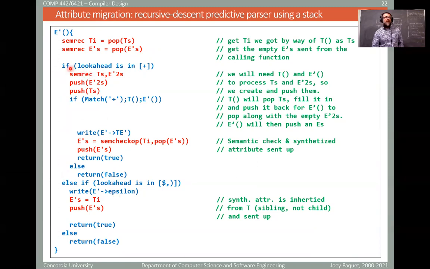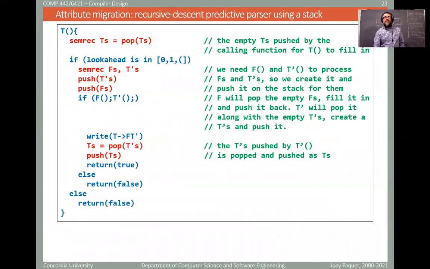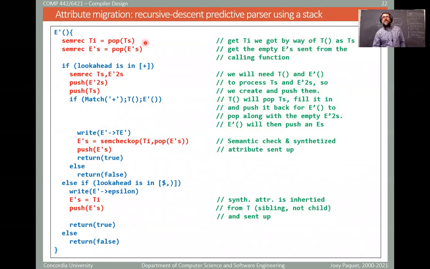So you see here that if I go in this branch, I need different semantic records than if I go on this branch here. It's important to realize that every branch may need different semantic records. Okay. So here I create these semantic records and then I push them onto the stack empty. And then I'm assuming that T will get this, because of course, if I go in T, then the first thing it should do is to pop it from the stack, effectively receiving its synthesized attribute. Empty synthesized attribute that it will fill in and get from its